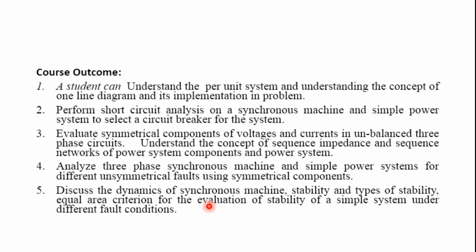We have different sorts of things. Basically the equal area criteria mainly depends upon kinetic energy, momentum, inertia and the mass of the body, all those things. We have some mathematical equations, and based on these equations we are going to understand it. If there is only a single machine subject to an infinite mass system, how is it going to behave? With multiple systems, if there is a fault, what will happen?